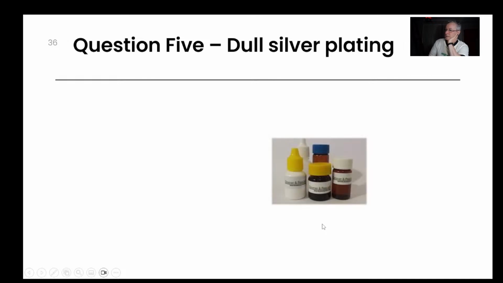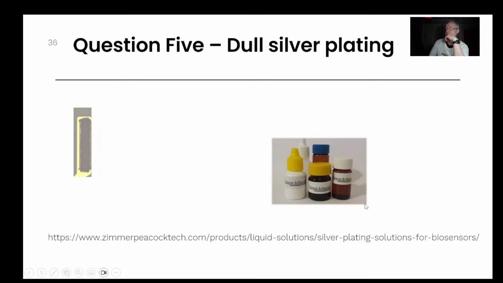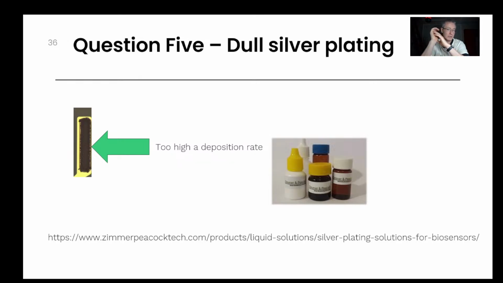Now at ZP, we do a lot of materials work around biosensors. One of them is silver plating. We've got a client who's been doing some silver plating, but it's very dull. It's not a nice shiny looking surface. But I suspect that what they're doing is too high a deposition rate. So they've basically got the current density